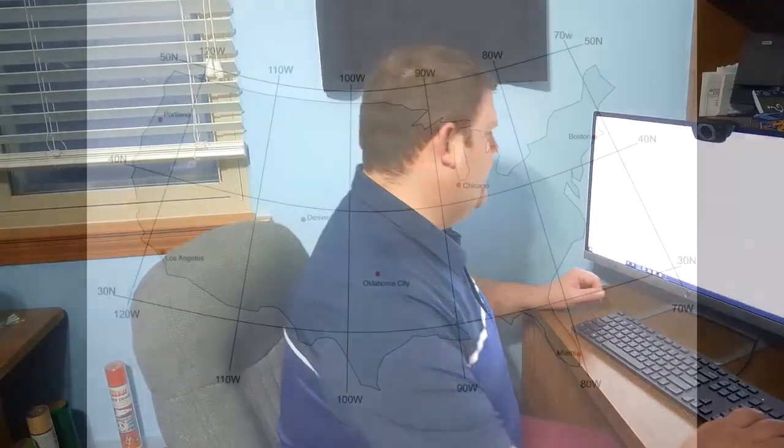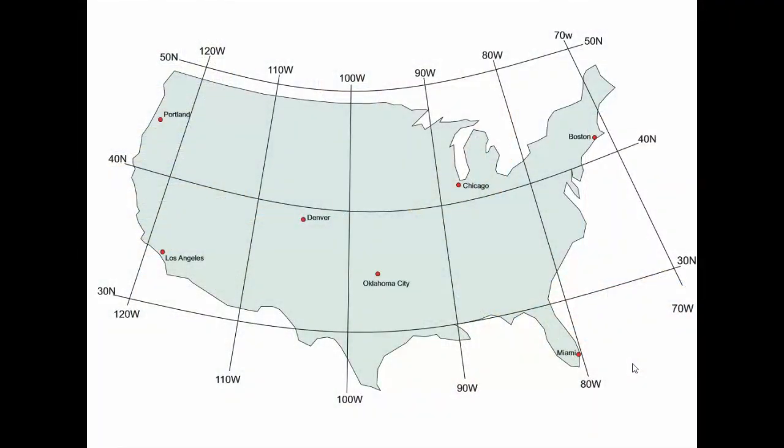Today, though, I wanted to cover something that we talked about a few months ago. And I find every year my students have a really hard time with this. So I want to talk to you about absolute location. I want to take a look at this map on my computer, and we're going to try to find the exact location of different cities on a globe. All right. As you can see, we have here a rough sketch of the United States with several cities labeled,